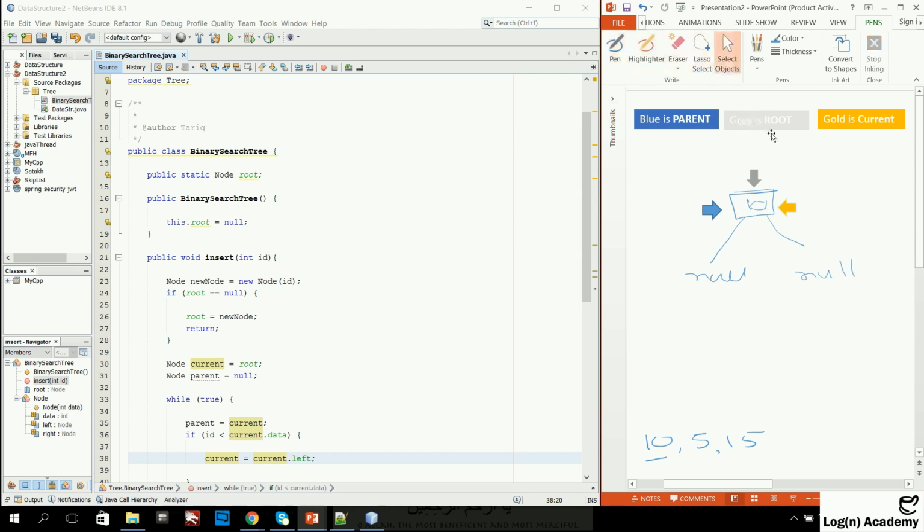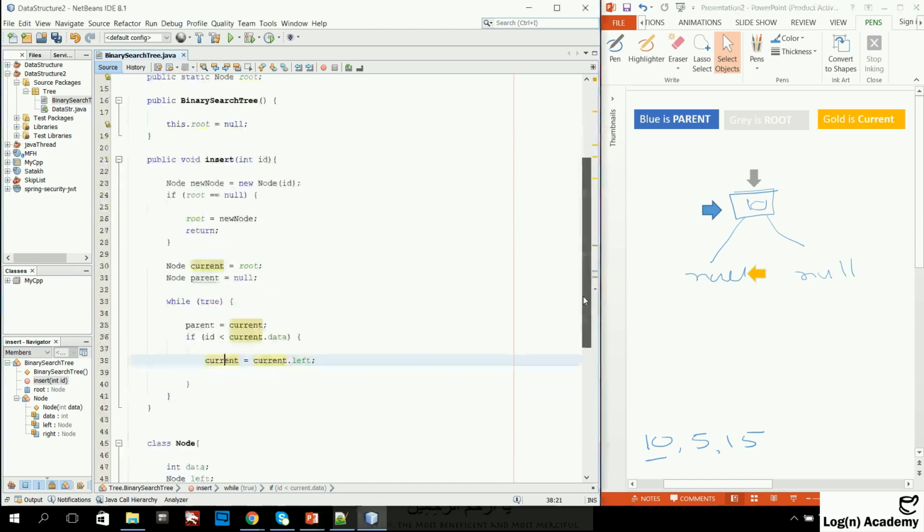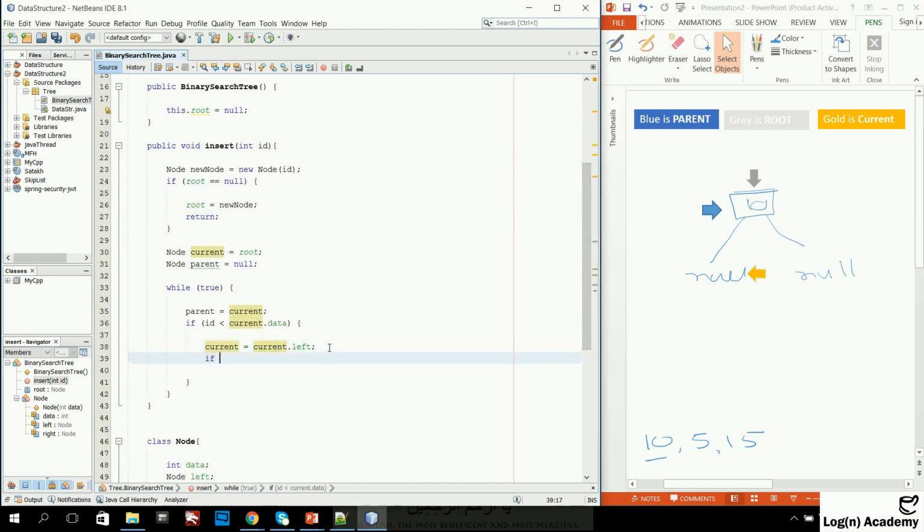And I'm saying that if id is less than the current data, then the current dot left should be the current one. So it is something like this, right? The current pointer is now pointing to the left of its side. Now coming back to the code, here I will check if